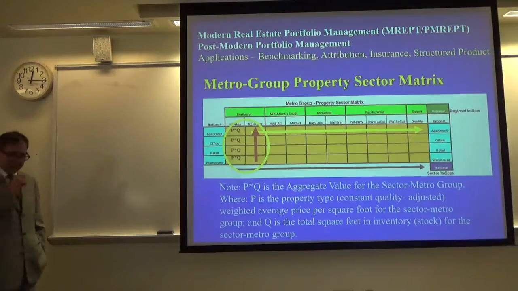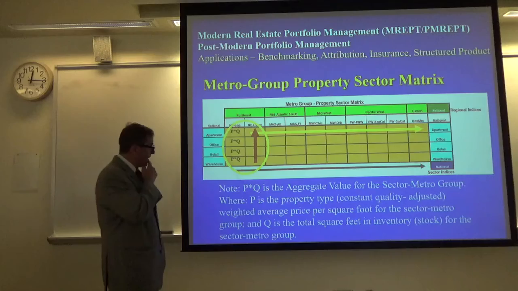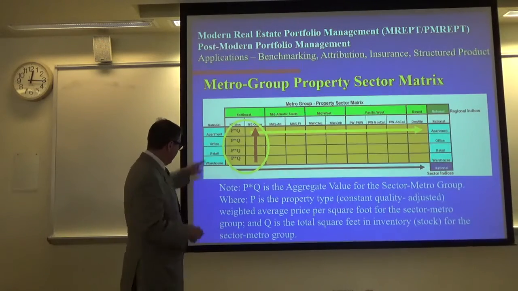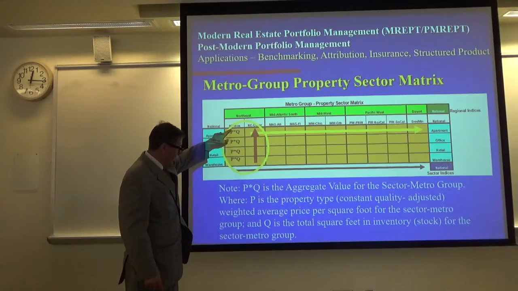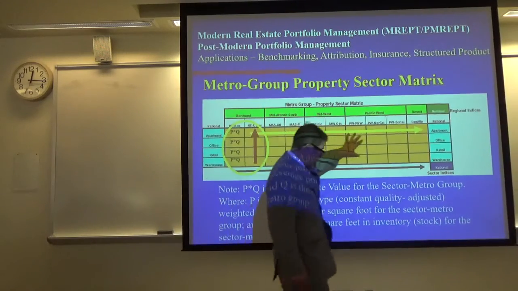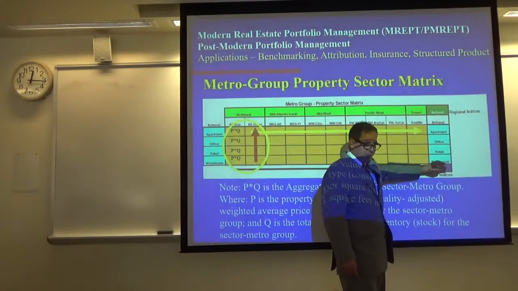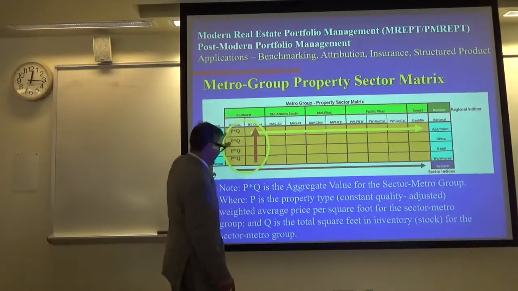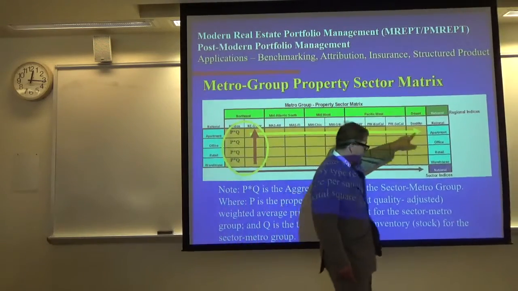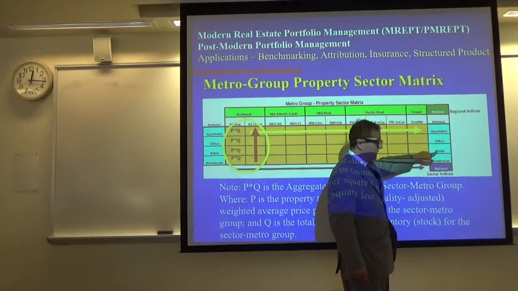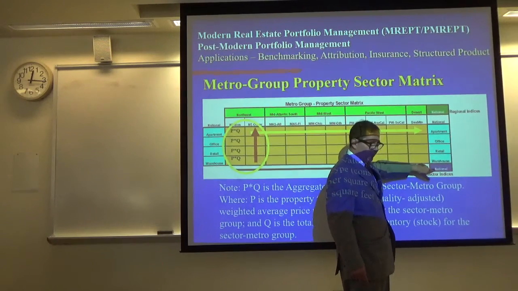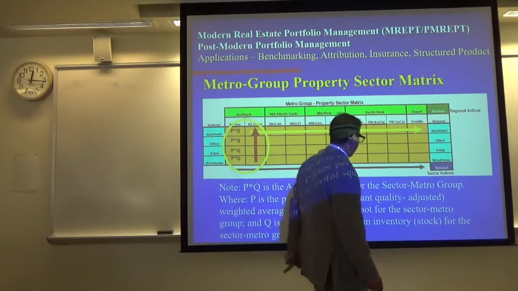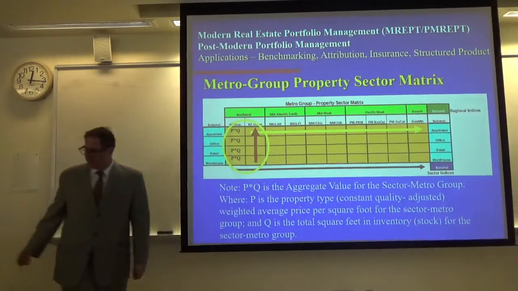So here's how we could break up the methodologies. I had apartments. Here's the aggregate values. Basically, I could just add them all up to get the national. Add up all the aggregate values for the apartments and get the apartment index, office, retail, and warehouse. And these were market cap weighted, just like the S&P 500. It's the same methodology.